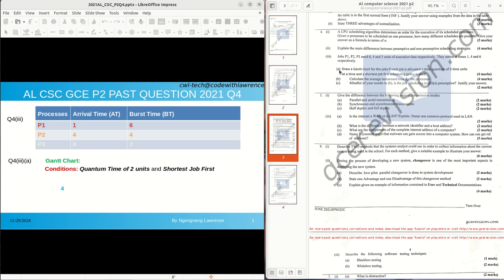So the quantum time of 2 units and the shortest job first are the conditions for this Gantt chart to be drawn. The Gantt chart actually is a CPU where the processes are going to be executed. So we have to come up with a ready queue where processes will be arriving and then they will be assigned to the CPU. P1 is the first process to arrive at the ready queue, and it arrives at 1, and the CPU is idle and is assigned to the CPU at 1,